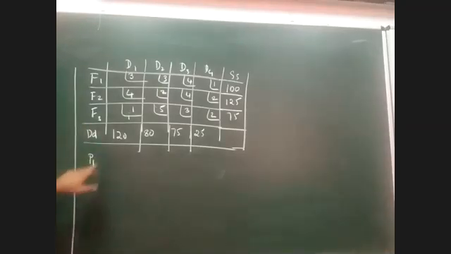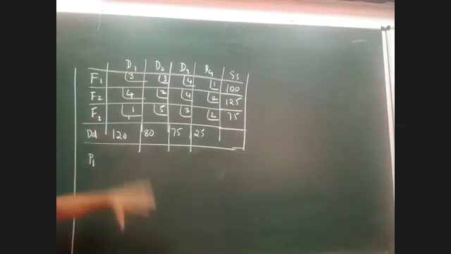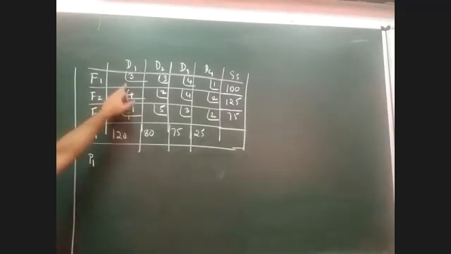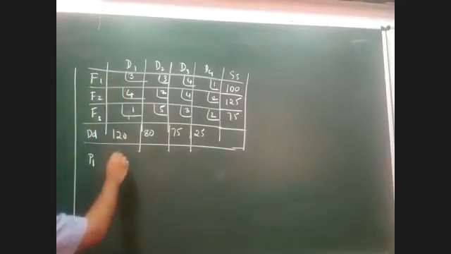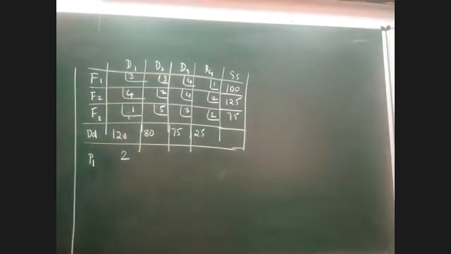Now let me start with the calculation of penalty P1. First, I am going to start calculating the penalty column-wise. I am taking the first column. I want everyone to please answer me so that we can solve the problem together. In the first column, can you please tell me what is the lowest value? 1, sir. The lowest is 1 and the next higher value is 3. So the difference of the lowest and the next higher is the penalty, therefore the difference is 2.